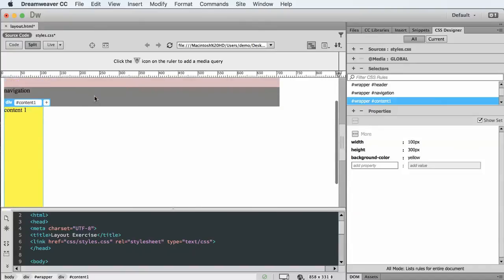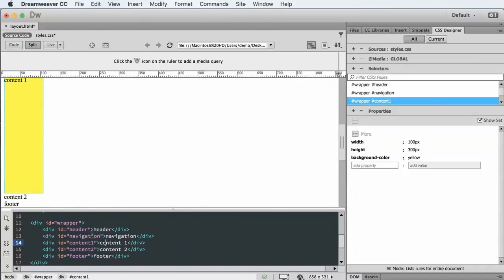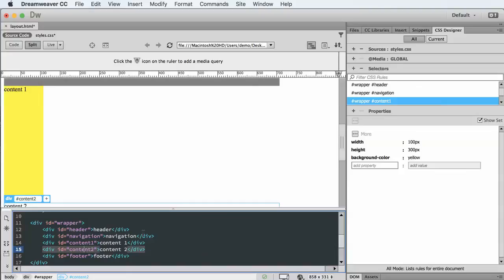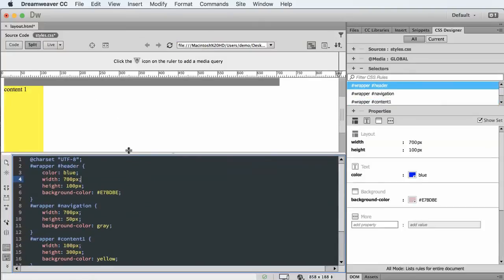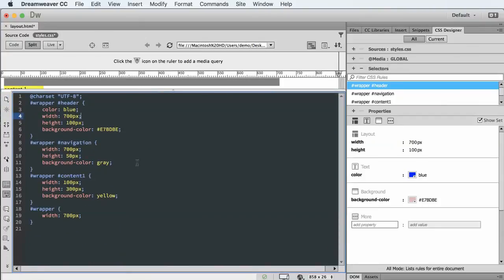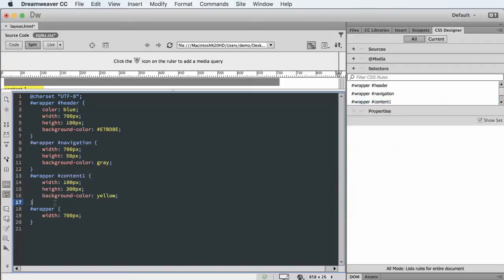Let's work on the... I'll select it in the code this time. Content 2. And let's do it differently this time. Let's actually use the CSS. We could follow the same pattern, but let's look at the code. So we see everything we've added in the panels has been added to the code. So I can actually copy this code block here,